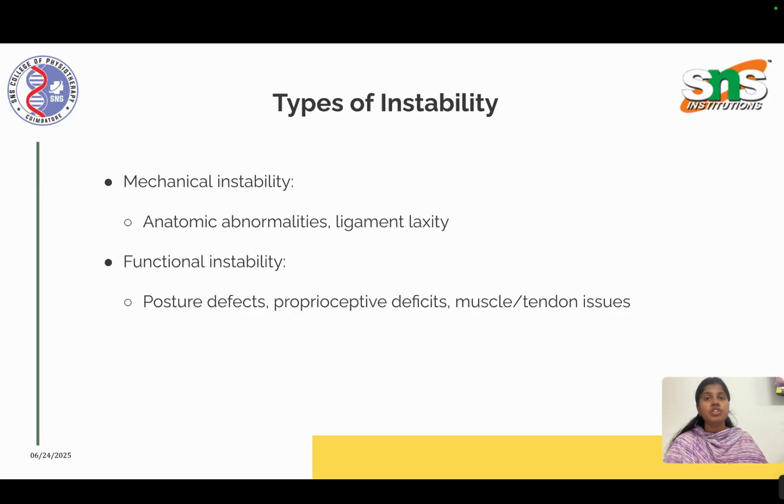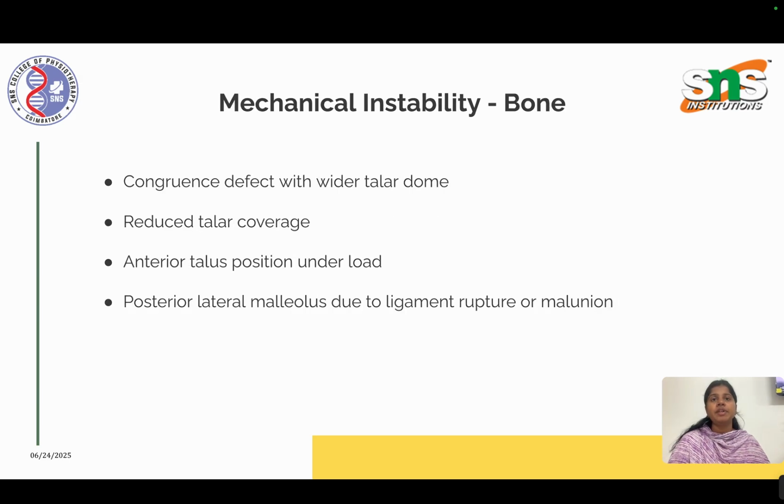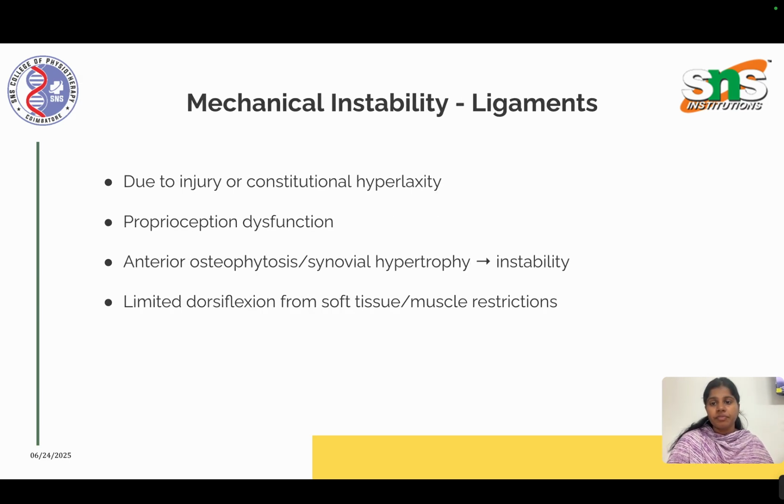Whereas functional instability is caused by muscle weakness, delay in muscle reaction, poor posture, or foot alignment, and nerve signals may be weakened. So in such cases it might happen. Coming to more about functional problems, muscles react slowly after injury and walking patterns change. And coming to mechanical instability, that is ligaments, it is due to injury or